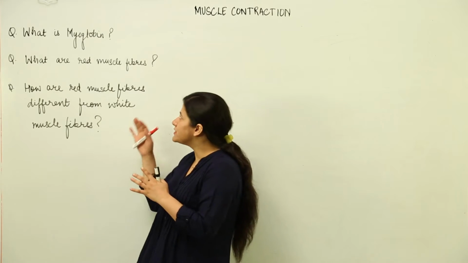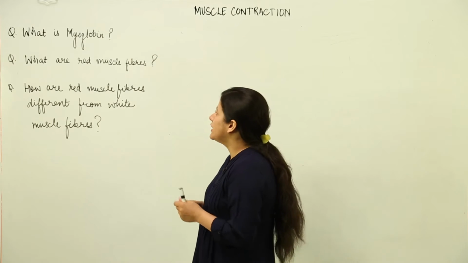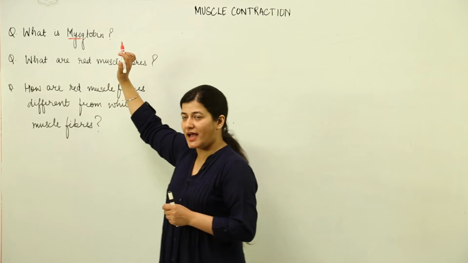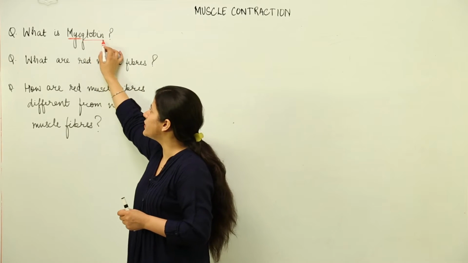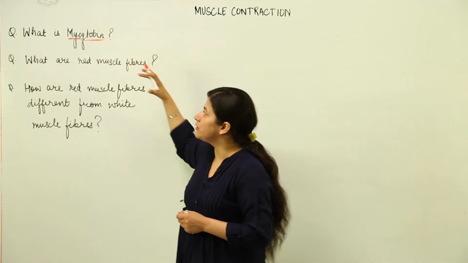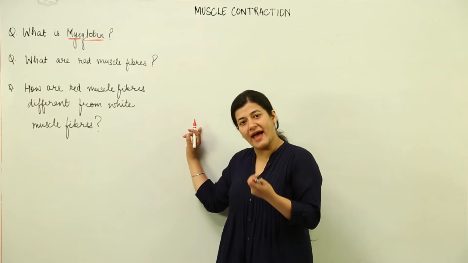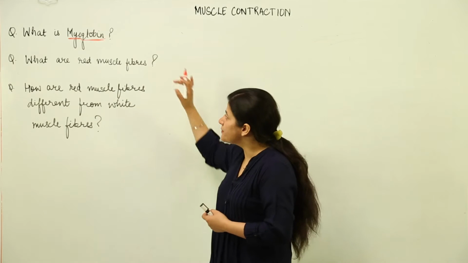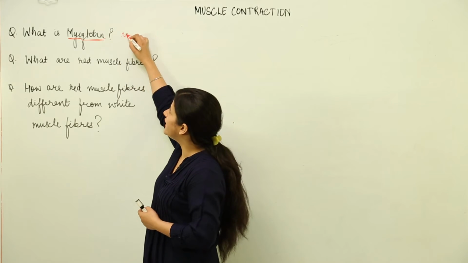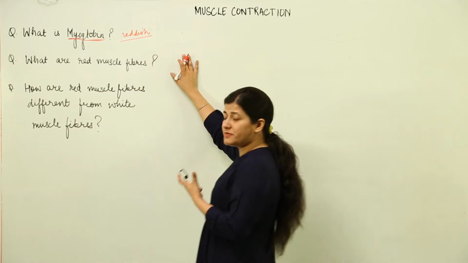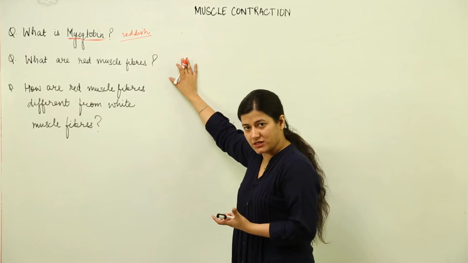It somewhat resembles the term hemoglobin. Now the word myo refers to muscles, and globin molecules would be present. So it is a similar molecule as in the case of hemoglobin, that is, an iron and oxygen binding molecule. Myoglobin is reddish in color. Basically, it is a pigment molecule which is present in the muscles.